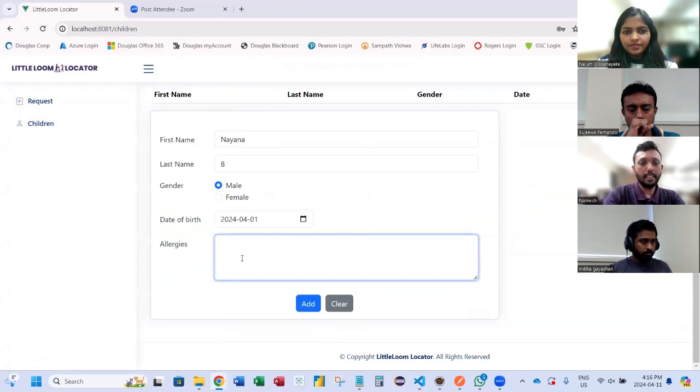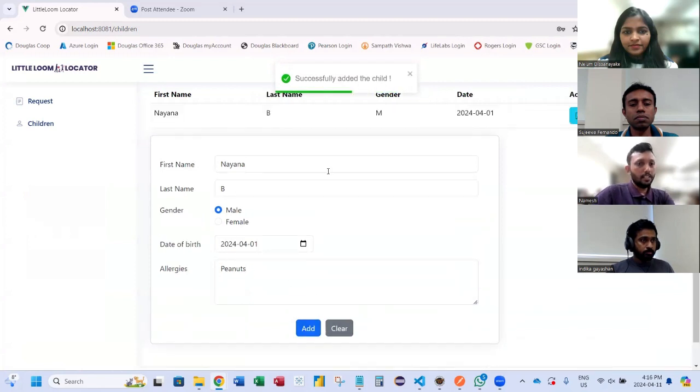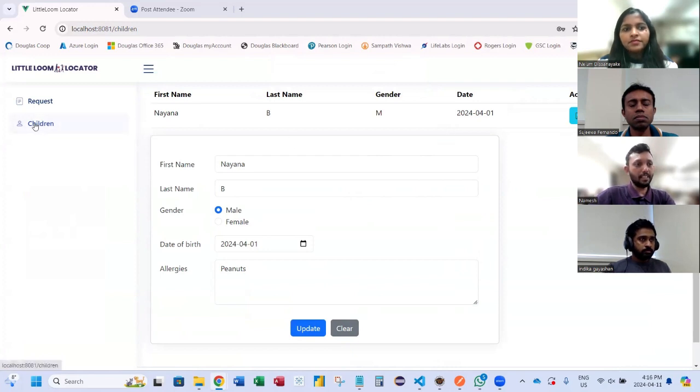If he has any allergies, he can put the allergies here and then add. Once the child is added, the parent can go and delete the child or even update the child details. Once the parent registration and children registration is done,